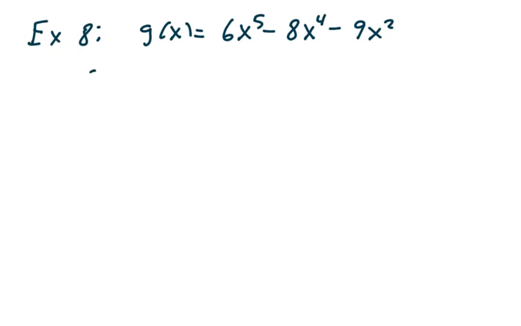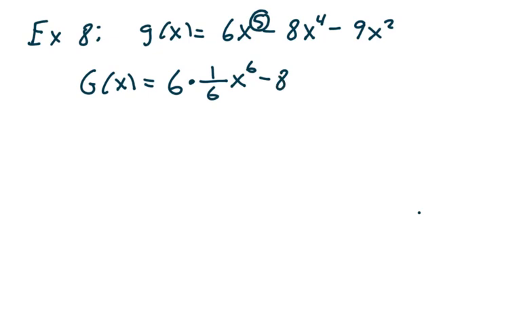And so I want capital G of x. And so think of a function whose derivative is 6x to the 5th. And so if you want to use that rule on the page before, remember you're going to add 1 to the exponent. The 6 goes along for the ride. So it's 6 times 1 over 6 x to the 6